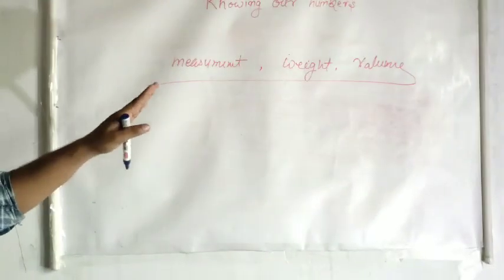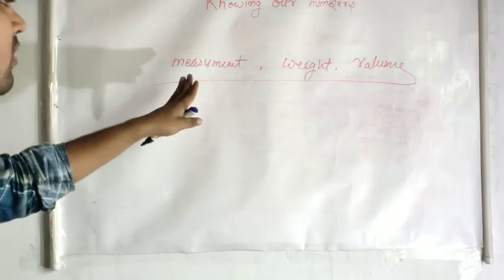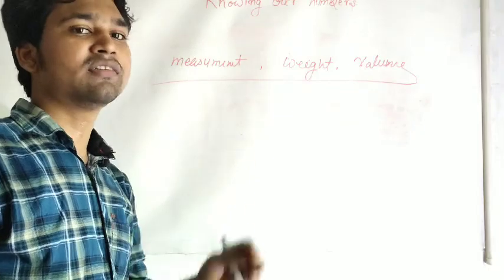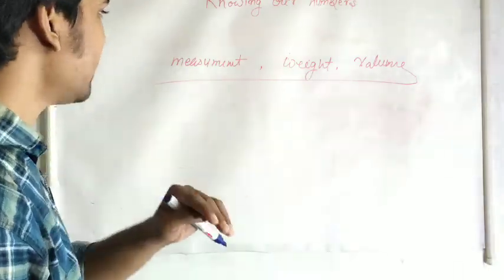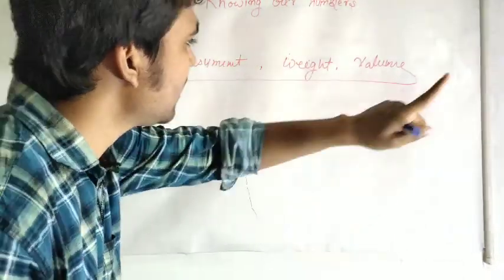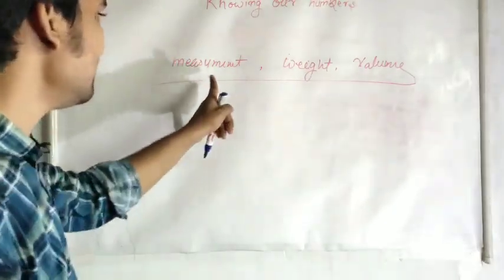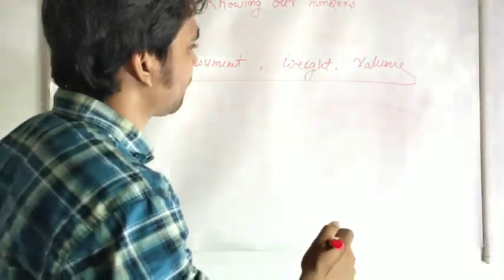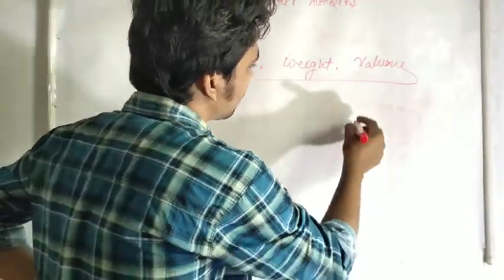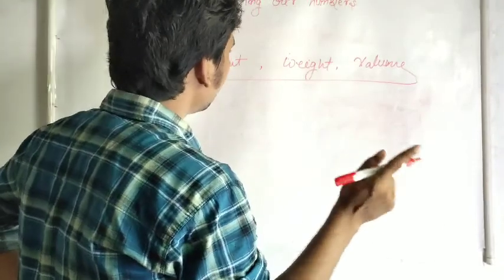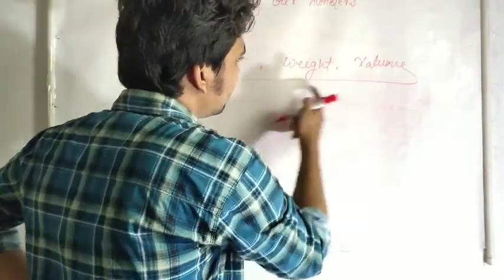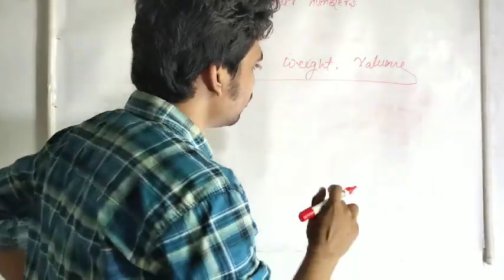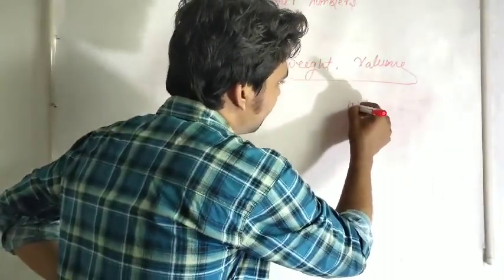So for using the numbers in measurement, weight and volume, we make a standard chart which will be applicable equally on these three. The chart would be equally applicable to these three, and I will show you how the chart is going to be created. So here the chart is milli,